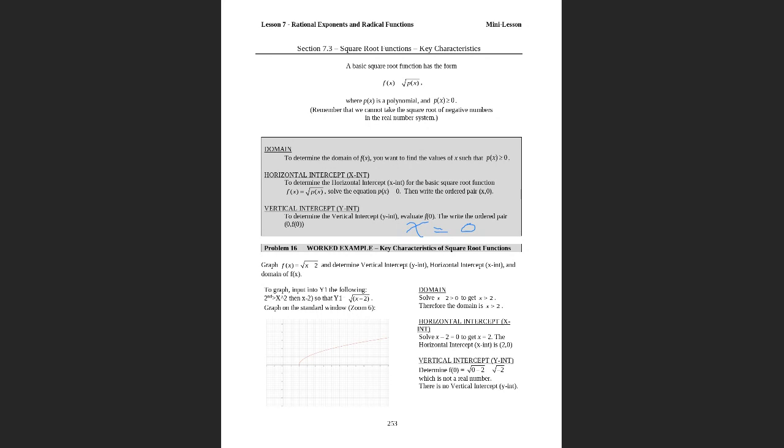So whatever I get becomes my y value of the y-intercept. Okay, what about the horizontal intercept? Remember, for the x-intercept or horizontal intercept, y is always what? 0. So if I have this function,